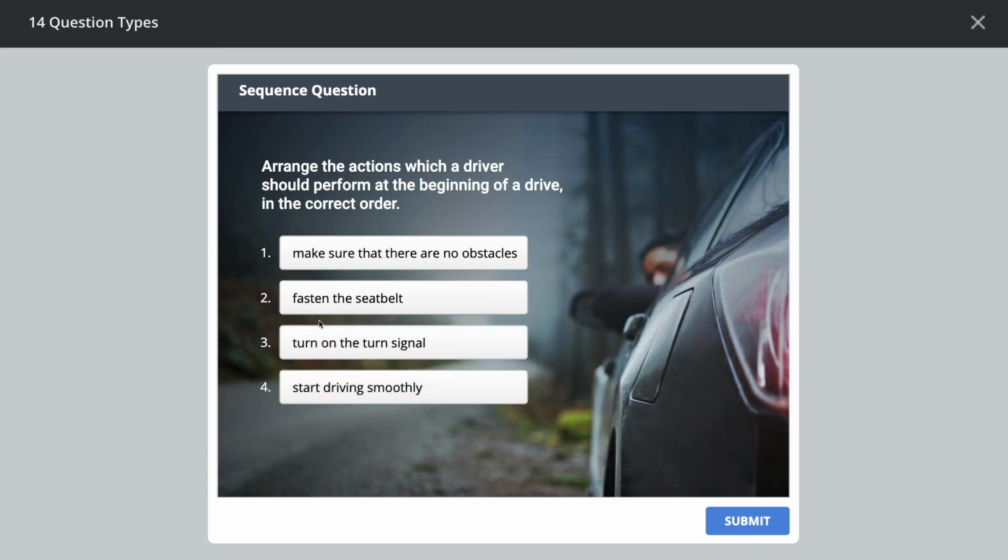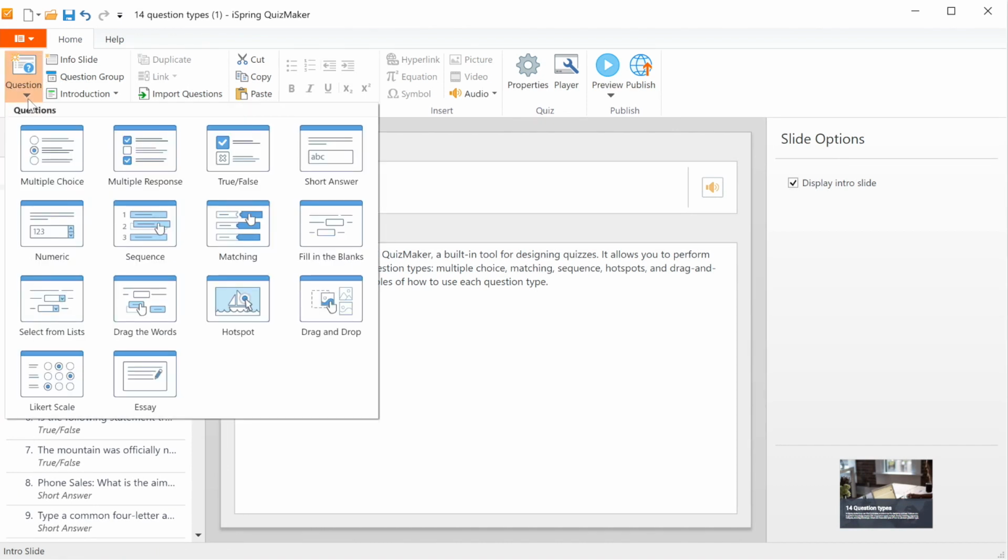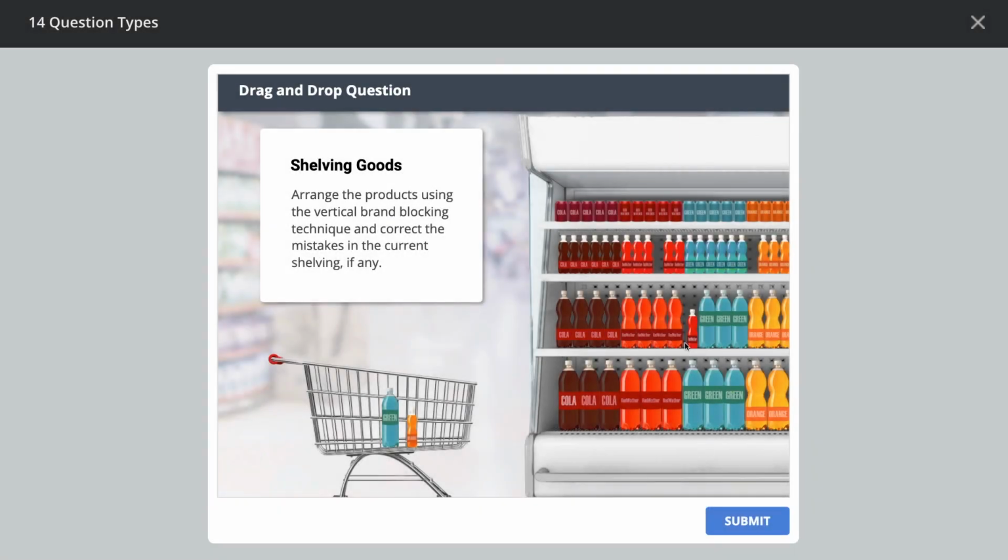Online quizzes are a great way to test your learners' knowledge in e-learning. In this tutorial, we are going to go through the 14 types of quiz questions available in iSpring QuizMaker. From multiple choice to drag and drop format, iSpring QuizMaker makes it easy to create a dynamic skill testing quiz